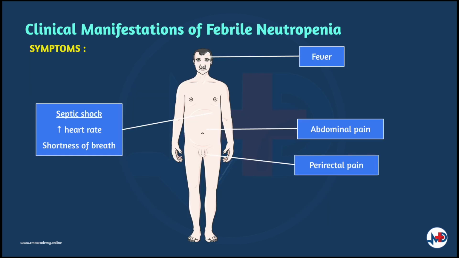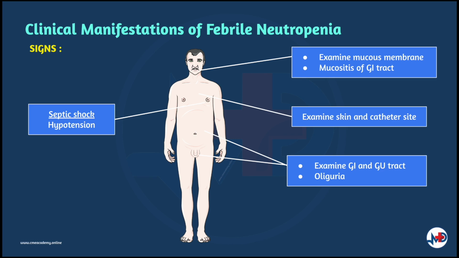Now let's discuss the clinical manifestations of febrile neutropenia. A review of medical history would include recent antibiotic therapy, surgery, invasive procedures, any past infections, and potential exposure to infected visitors, pets, plants, or contaminated food. In the presence of neutropenia, the usual signs and symptoms of infection may be reduced or absent, and often fever is the only reliable symptom. Other significant symptoms of infection include abdominal pain or perirectal pain, and some individuals may develop complications such as severe sepsis or septic shock. Symptoms may include extreme pain, increased heart rate, confusion, shortness of breath, and shivering.